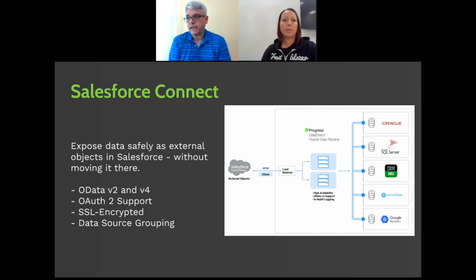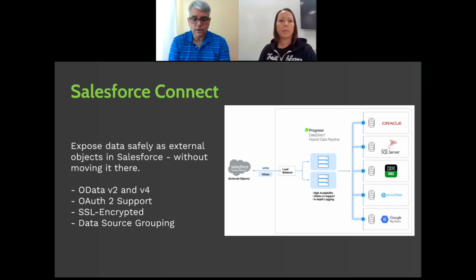It really doesn't take a team of administrators to maintain a Hybrid Data Pipeline installation. We really see only one or two people being in charge of the administration, configuring their users, and then managing upgrades through the deployment process that's available through AWS or through Azure.